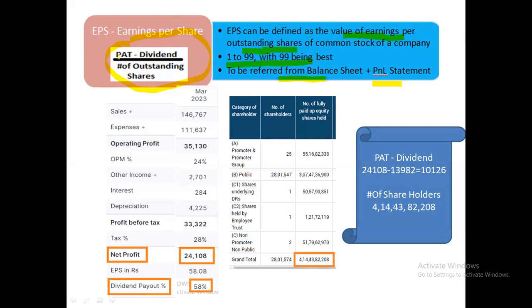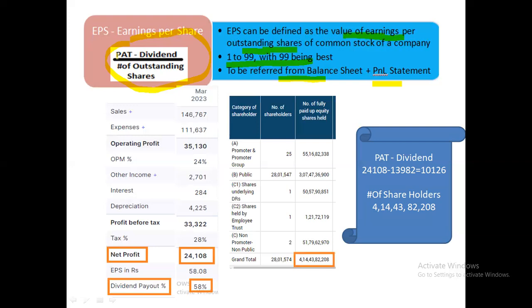The formula is PAT, that is profit after tax. There is no depreciation, no interest, no other expense, nothing. It is a clean take home. In simple terms, it's your take home net salary. Net salary is nothing but PAT, profit after tax. Nothing more is deducted. It is like if you are getting 100 rupees, that means 100 rupees will come to your company account. Like that, it is PAT. There is no other deduction.